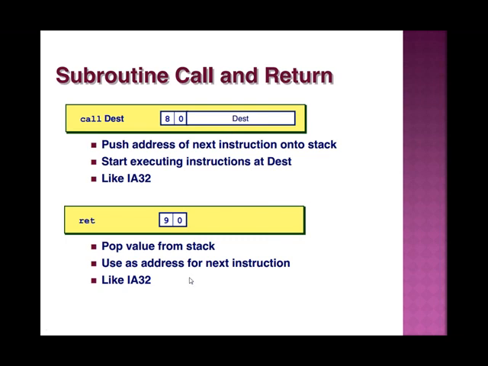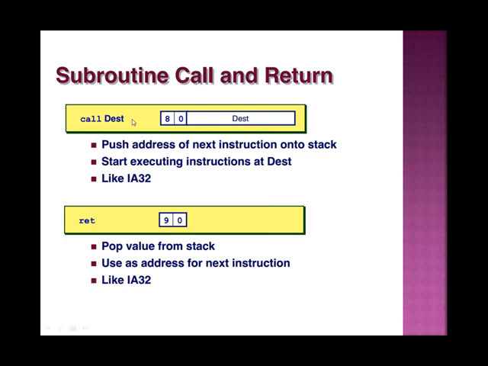Then next is your subroutine call and return. That is how we can call the subroutine. First of all, what is a subroutine? It is like a procedure, a small program that is a sub-program of the main program. Whenever we divide the main program into multiple parts, multiple chunks, that is known as a subroutine. We can call any subprogram, and we can also return the values of the subroutine. That is known as subroutine call and return.